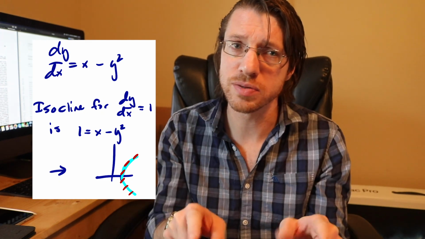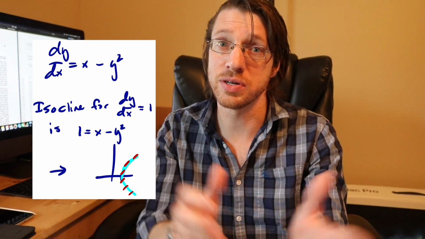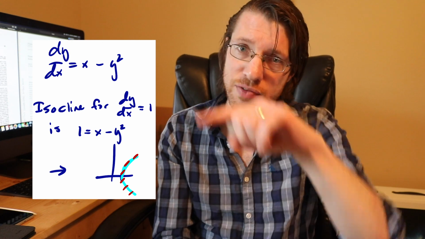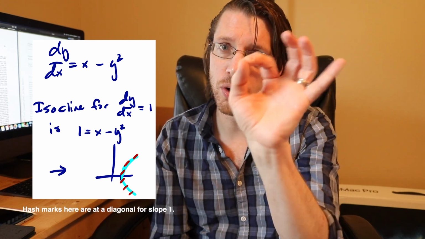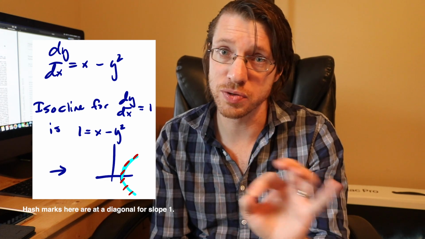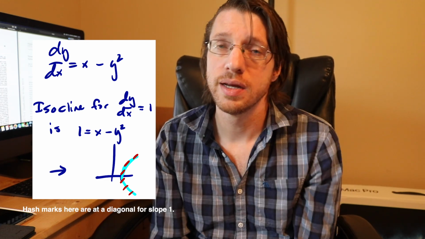You look at the level sets of f of x, y, which are basically all the points that agree. So you're looking at all the f of x, y that are, say, 0, and that'll give you a curve. On that curve, you're going to have a whole bunch of horizontal tick marks, because 0 slope means that you're just horizontal. Then you look at f of x, y equal to 1, and that tells you your slope is equal to 1 at all those points. That's going to give you a new curve where all the slopes on that curve are